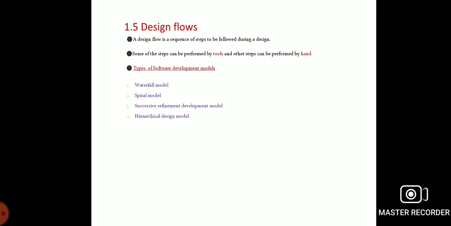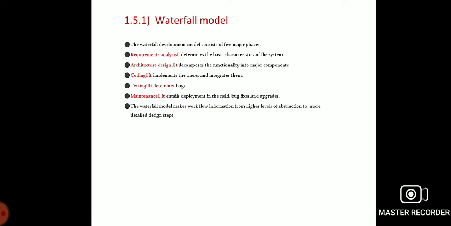So this design flow is like software development. The types of software development models are the waterfall model, the spiral model, the successive refinement development model, and the hierarchical design model. We will discuss them one by one. First one is the waterfall model. It is the first design flow of embedded system models. The waterfall development model consists of major phases: number 1, requirement analysis; number 2, architecture design; number 3, coding; number 4, testing;